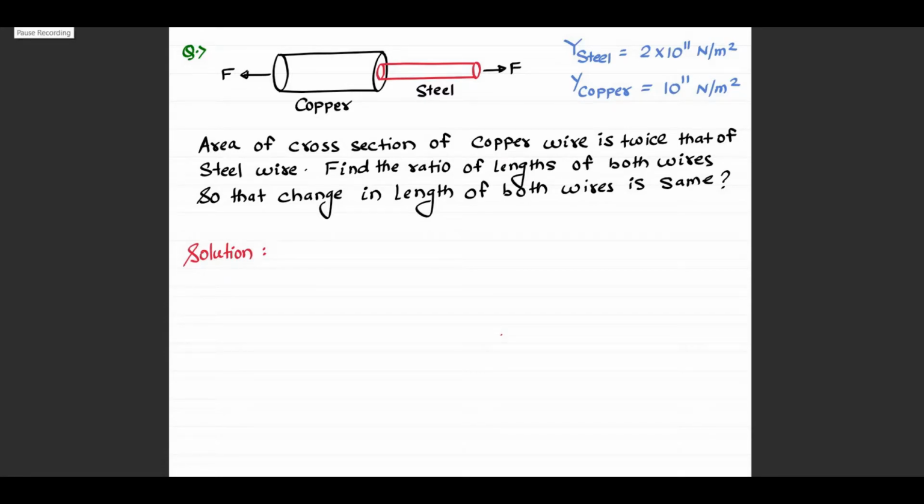Hello everyone. So this is the first numerical that we are going to discuss, right? In this question, you can see for copper and steel together, the net force on this system is 0. So if the net force on the system is 0, the net force on any one of the components will also be 0. So if I draw the copper part here,